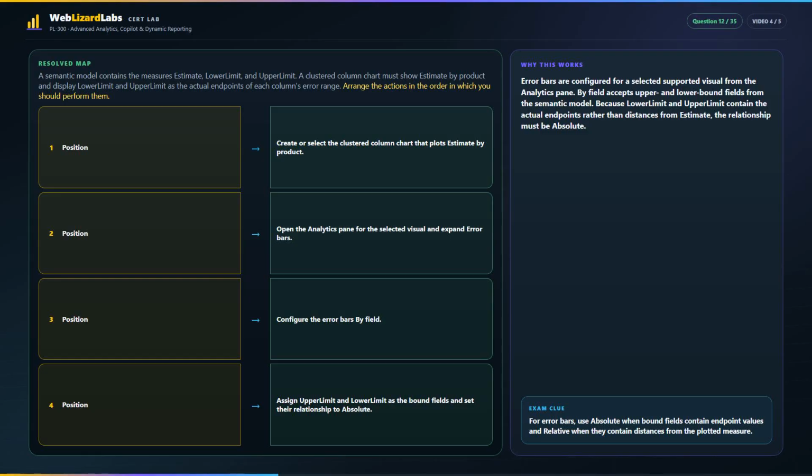Error bars are configured for a selected supported visual from the analytics pane. By field accepts upper and lower bound fields from the semantic model. Because lower limit and upper limit contain the actual endpoints rather than distances from estimate, the relationship must be absolute. Exam clue. For error bars, use absolute when bound fields contain endpoint values, and relative when they contain distances from